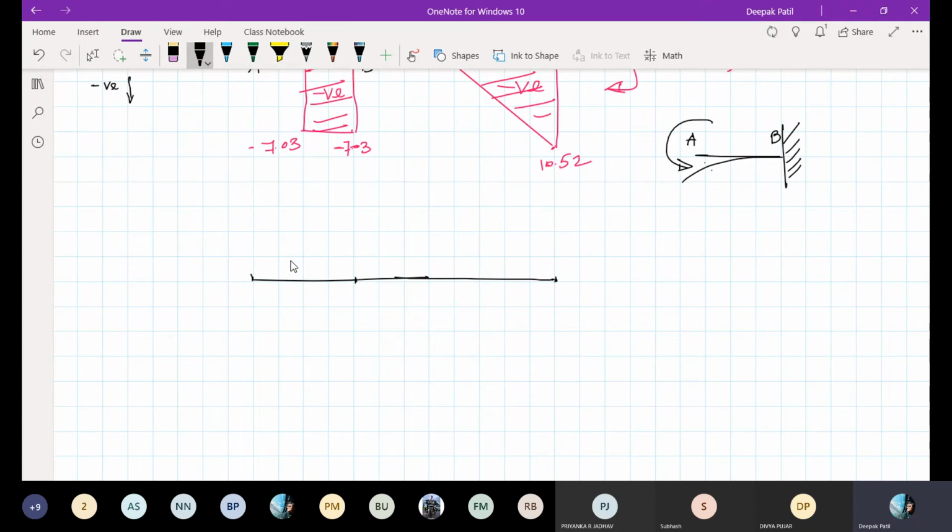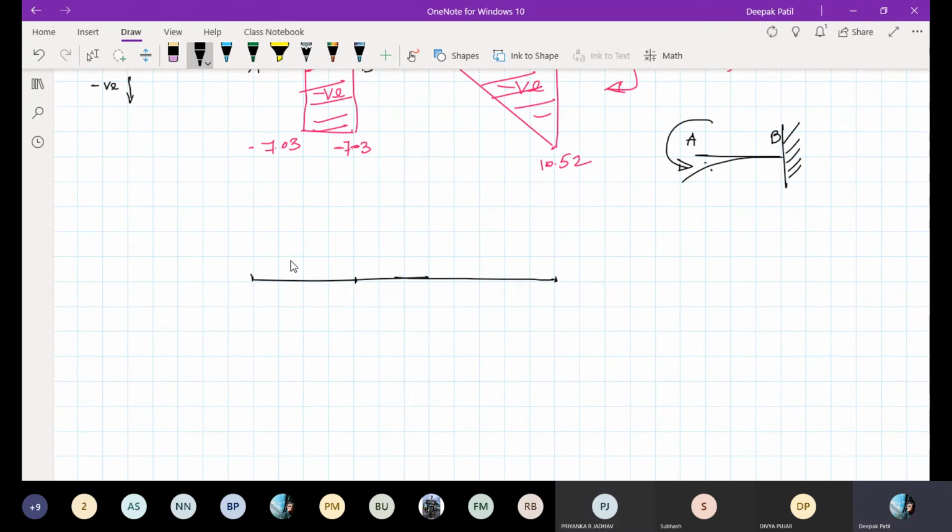At the top or at the bottom? This is the bottom part and this is the top part. If the beam bends like this, where is the compression phase? At the bottom part or at the top part? Imagine, where is the compression phase? Bottom. Yes, it is at the bottom part.